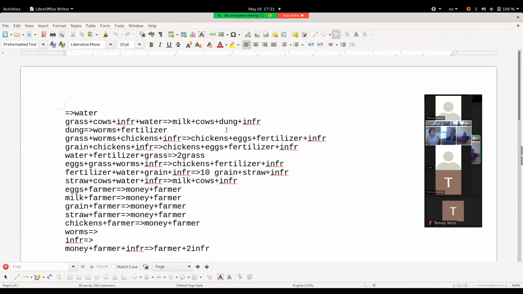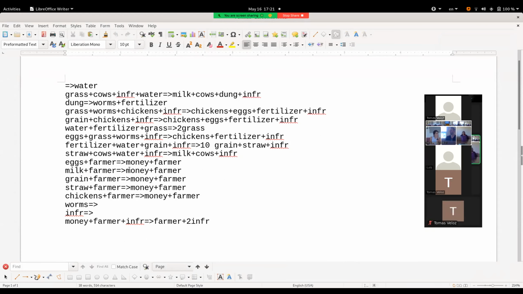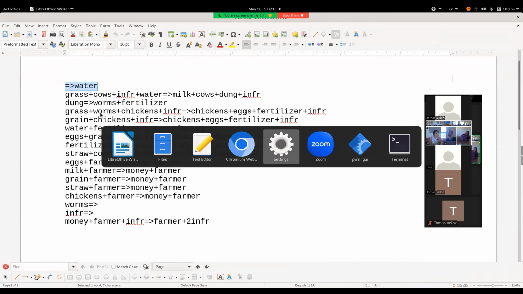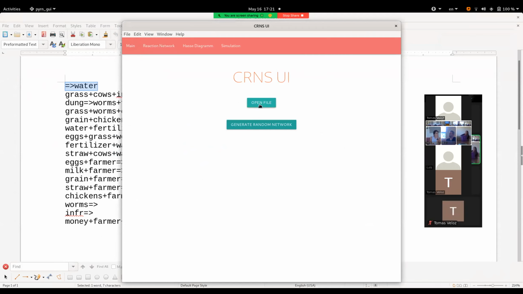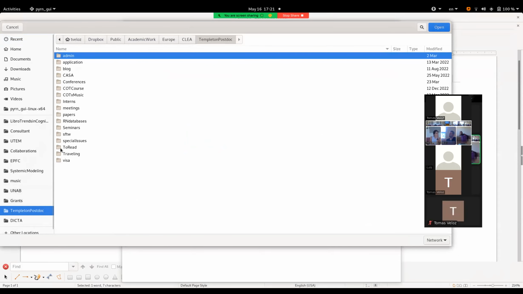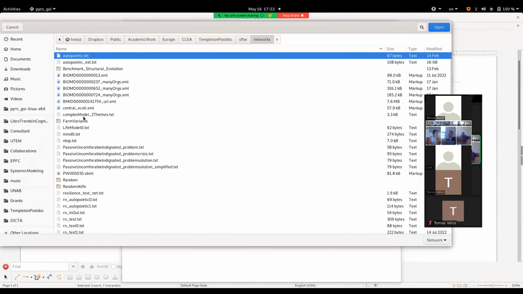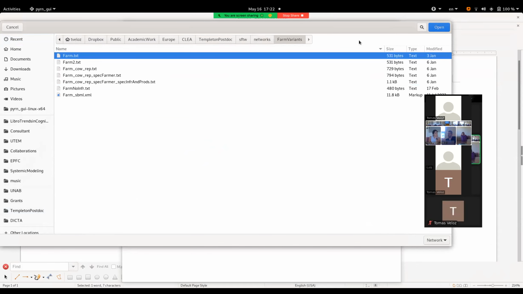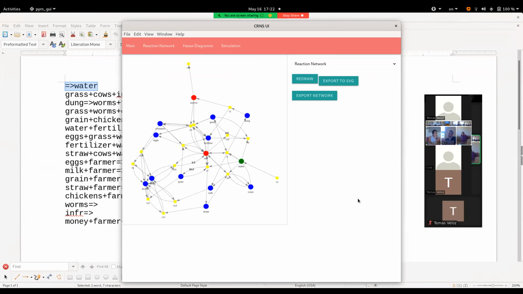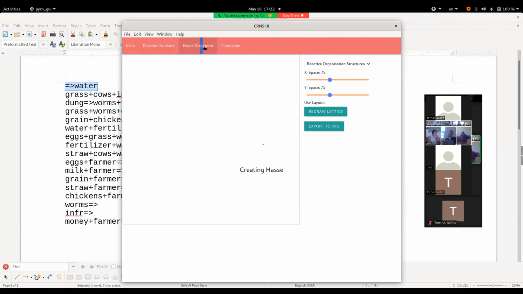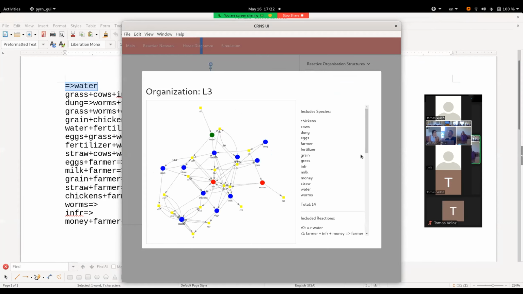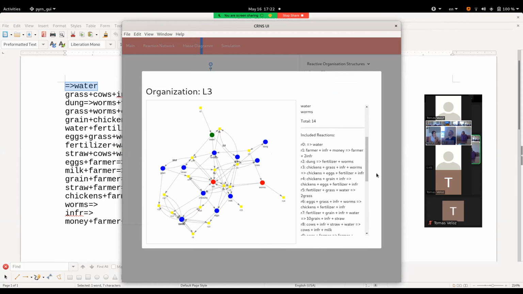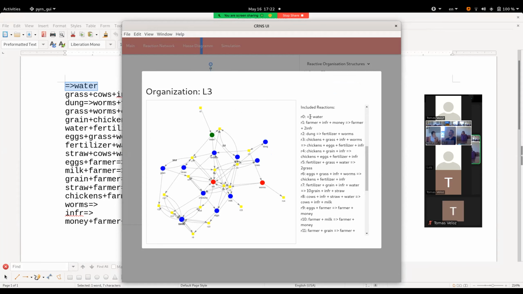Yeah. So this is actually one of the examples we have used to describe a little farm. We got inflow of water. And actually, I think I have it here. Main open file. Yeah, this is better. Because we have also a graphic tool to visualize reaction networks, but we also have Jupyter notebooks to prepare them. So these are the reactions here. You can see the reactions. Inflow of water, actually,